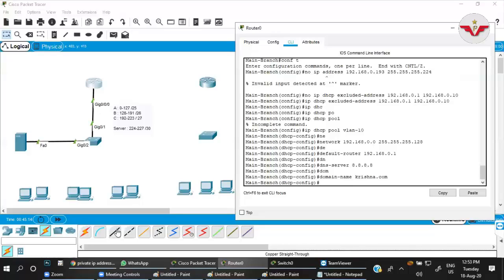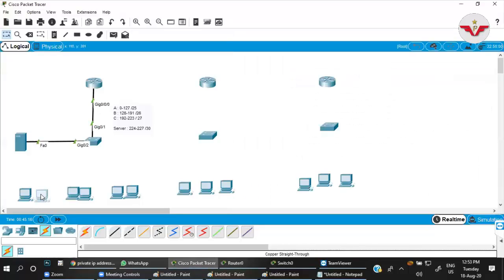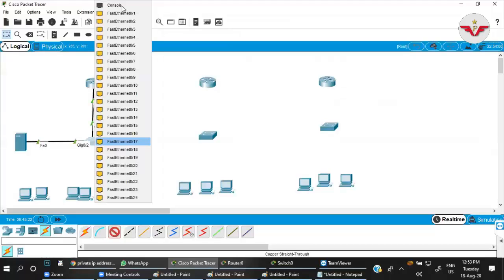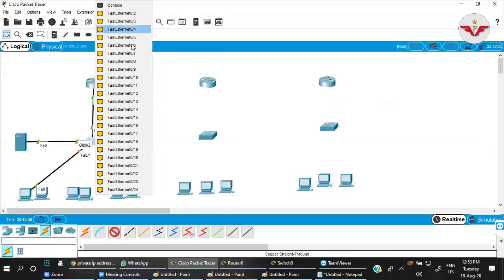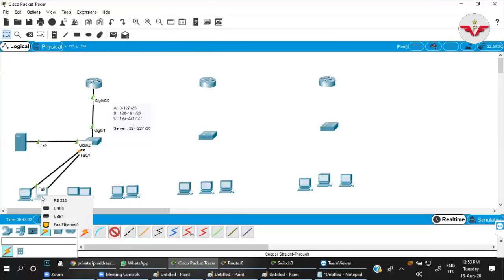Now after that, let us check whether I am getting the IP here or not. Let us connect this PC. This is in VLAN 1, so I will connect it from port number 1 to 10, any port. Done.